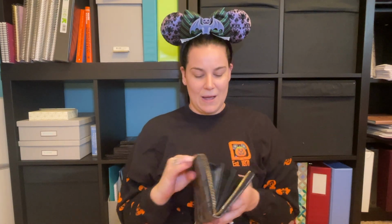I also keep the wrist strap just because there are sometimes where we might go out to dinner. For example, when we were there for Greg's birthday in April, we went to California Grill. We did a park earlier in the day, came home, got ready, and then I was able to take just this. I didn't have to actually take a backpack. I don't think I have anything in here. I've got nothing in here. It's empty, but usually I only take the basics, like my license, my insurance card, a couple credit cards,